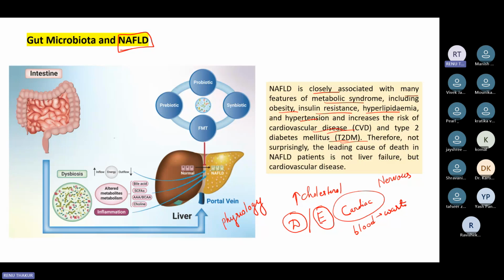So if dysbiosis occurs, you are ultimately targeting your digestive system, because obviously the gastrointestinal system will be influenced, and if the digestive system is influenced, then you can say your excretory system, which is the main physiology of the body to expel all the toxic substances or harmful waste material from our body, because if they are in our blood, they may cause different kinds of ailments. And if our blood is impure, then it will lead to different cardiac diseases, and if all these three are affected, our nervous system will also be affected. So everything is related to each other.